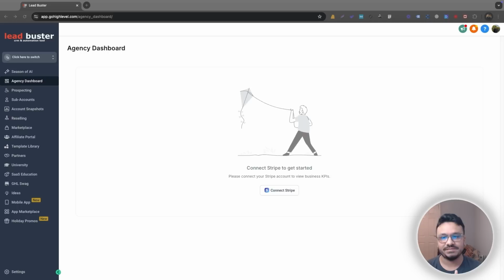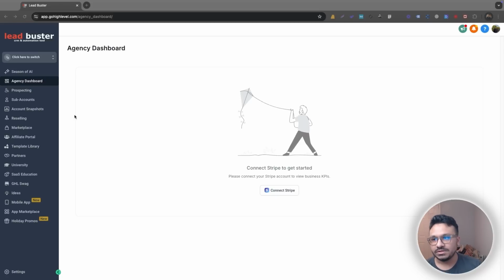So each business has its own sub account and then they manage it from there. But the agency account basically holds all the sub accounts, manages access levels, billings, reselling, and all that stuff. So there's a lot of things to understand at the agency level. We are in the agency level. I'm going to show you sub accounts later separately, but in the agency level, there's a few things I want